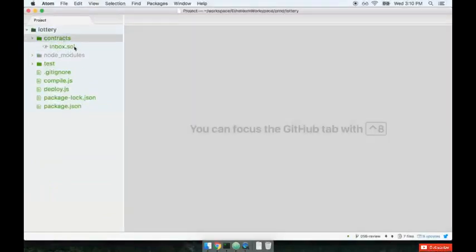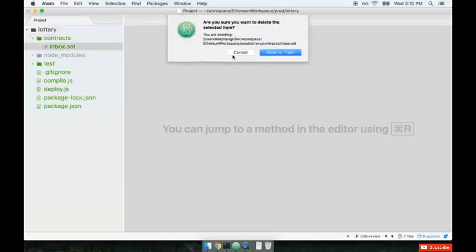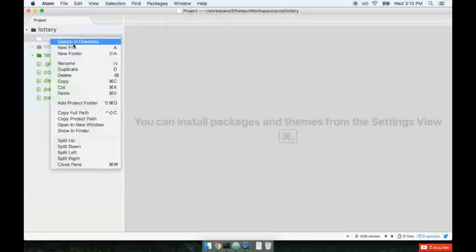Right now it's got only the inbox Solidity file. We're going to replace this in just a second. Notice that we still have our compile, the deploy, and the package.json files inside of here as well. So essentially we're just going to co-opt this entire existing project and replace it with our lottery contract instead. So let's get started. Inside the contracts directory, I'm going to delete the inbox.sol file, and I will replace it with a new